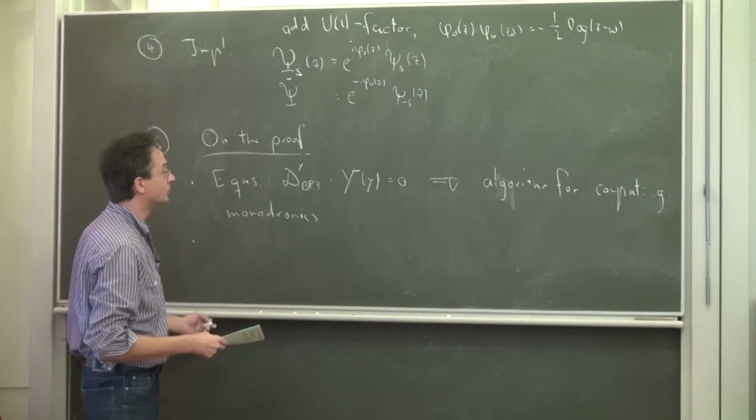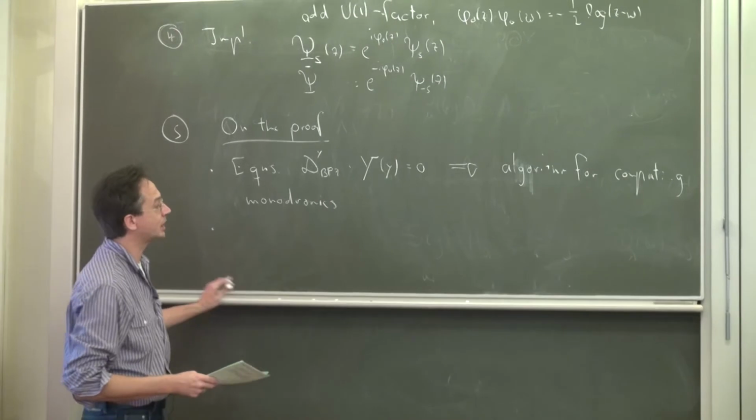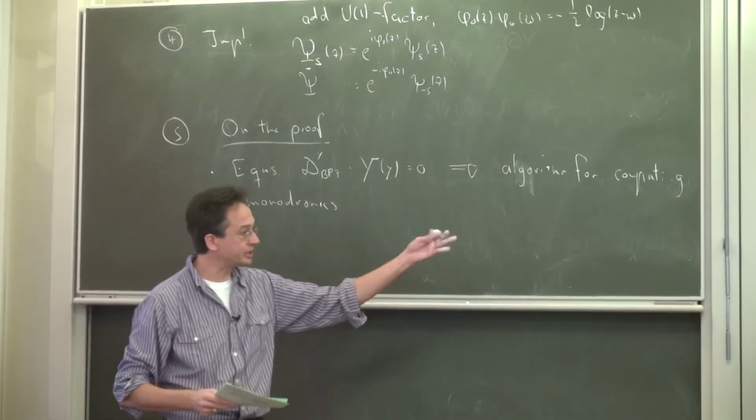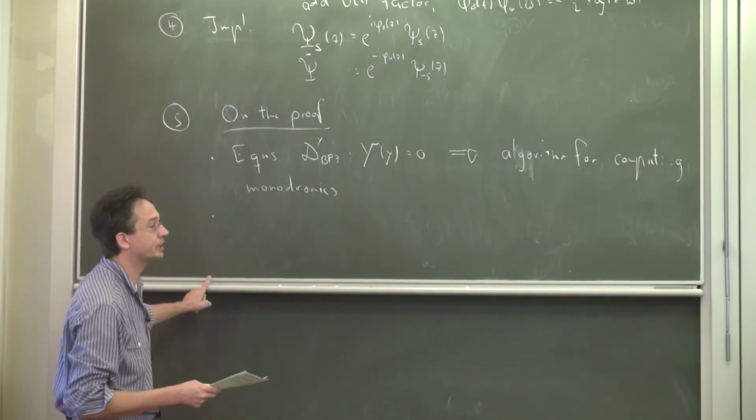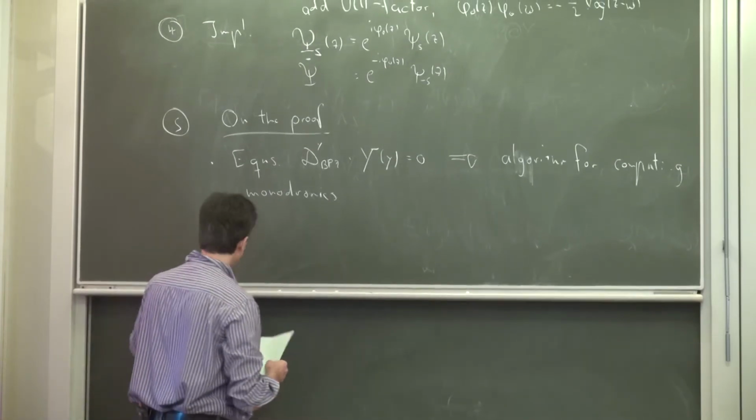So that is observation number one. Number one, we have an algorithm for computing the monodromies in this sense as some operators acting on the space of conformal blocks. And now,